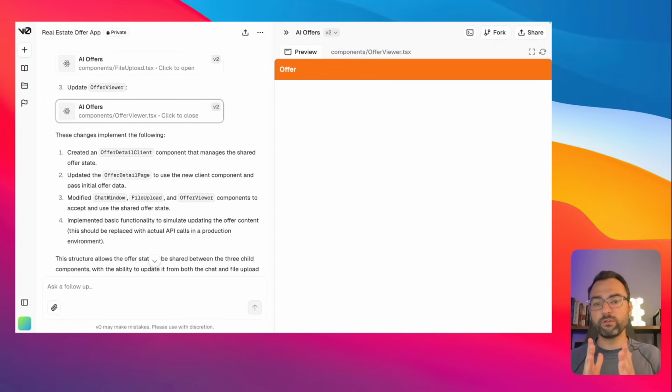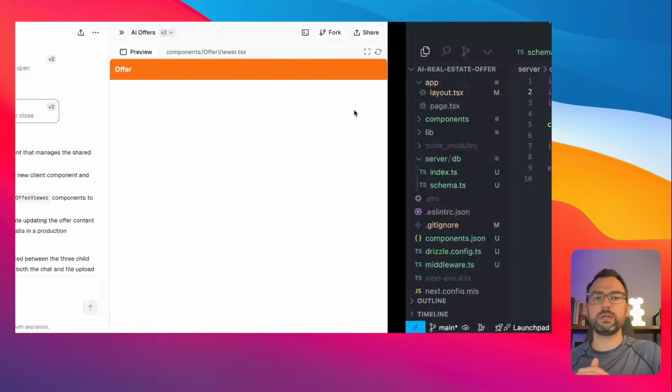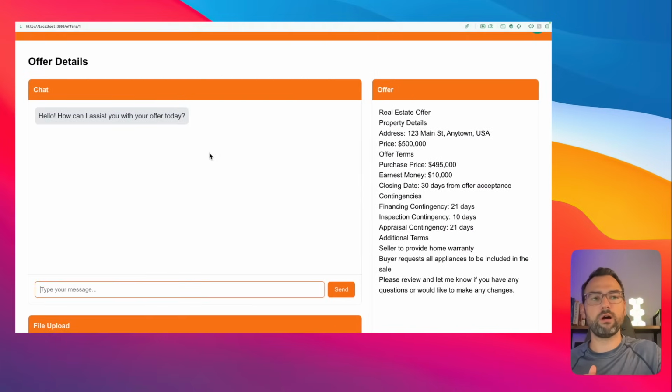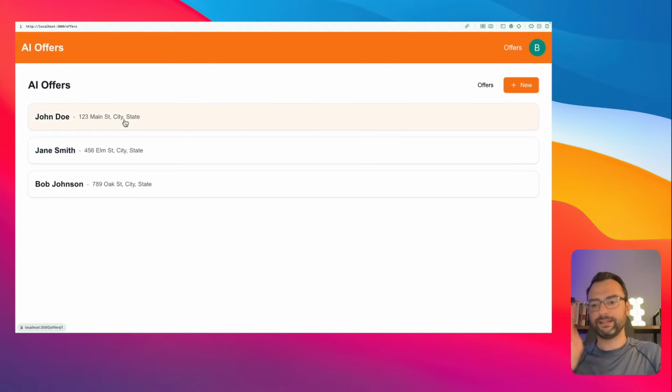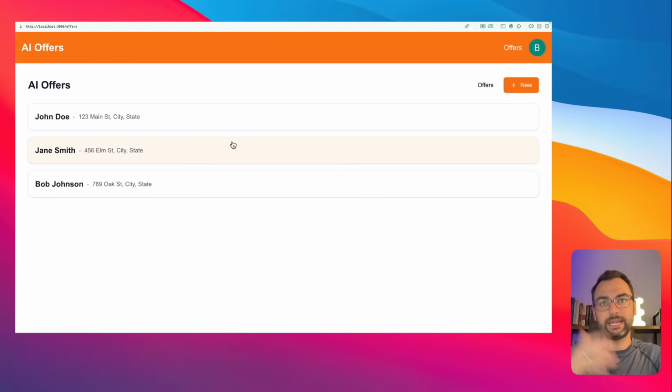And just as a quick overview of where we're going together, first, we're going to go off and add in functionality to our offer list view. So right now, if we head over to our offer list view, let's go back for a second. All the data in here is static, meaning nothing about this is changing. And when we click new, it's not actually adding a new offer. So we're going to make this actually dynamic and hooked up to a database so we can save stuff and